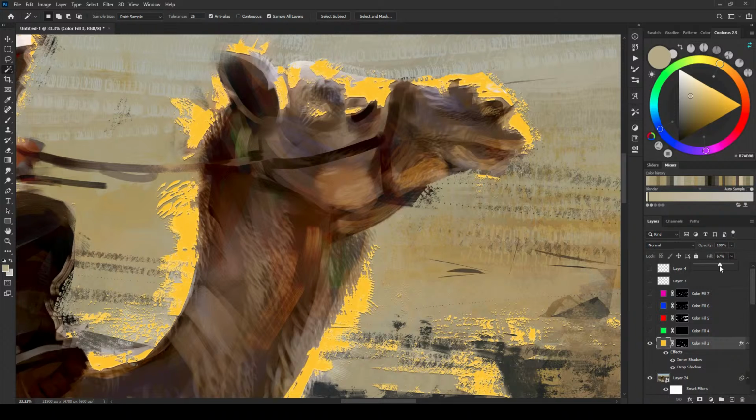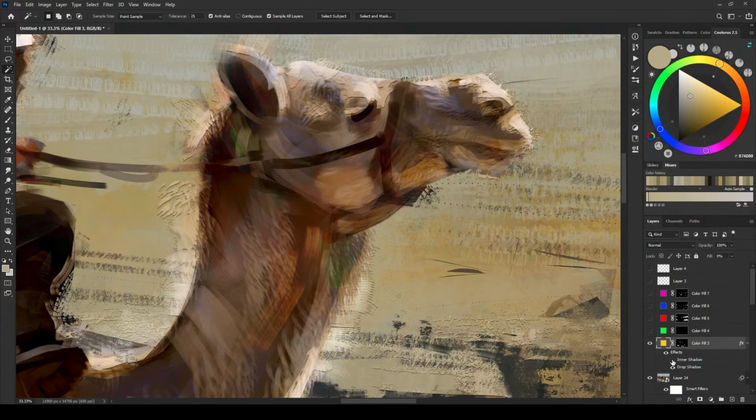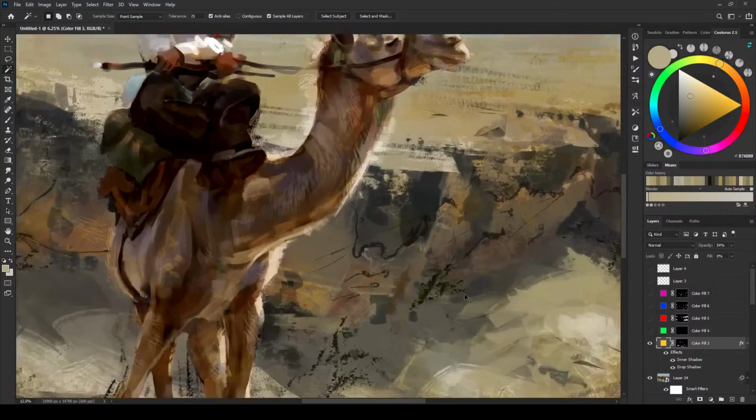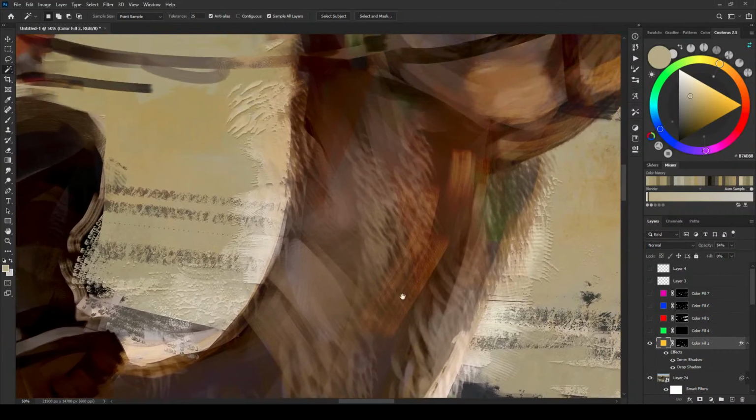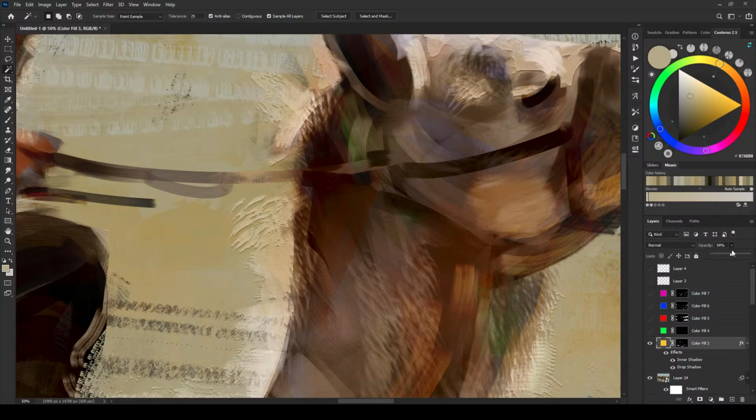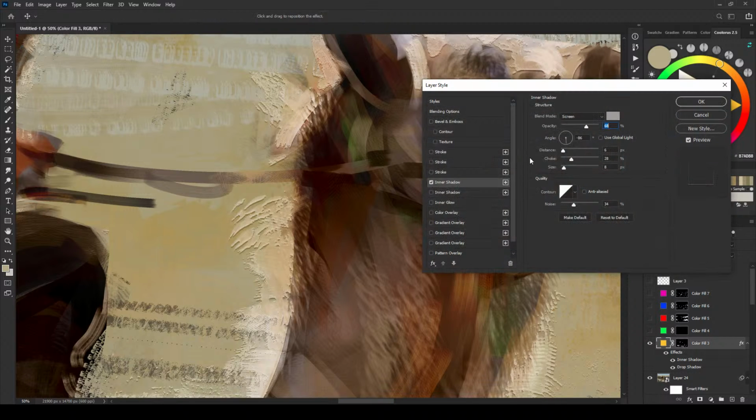Now we're going to go to our fill. We're going to remove our fill. That's that yellow. And we're going to see how this is affecting those brush strokes. And we might just lower the opacity in general. Now let's take that layer effect. And of course we could tweak this a whole lot more, well, I guess we can tweak it a little more. We have a little bit of time. We'll lower the